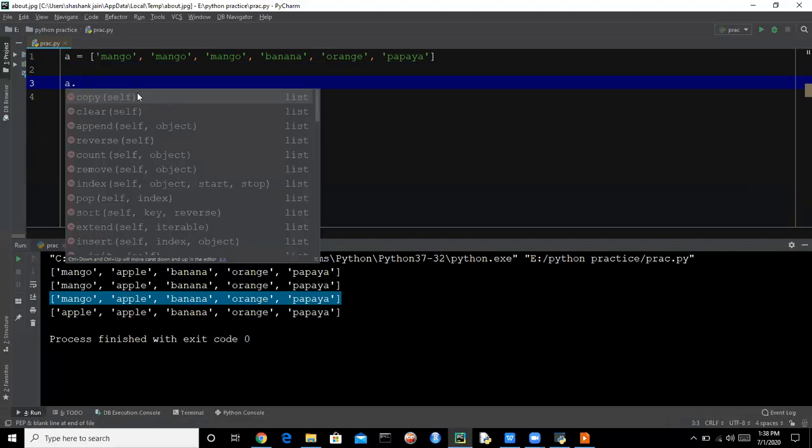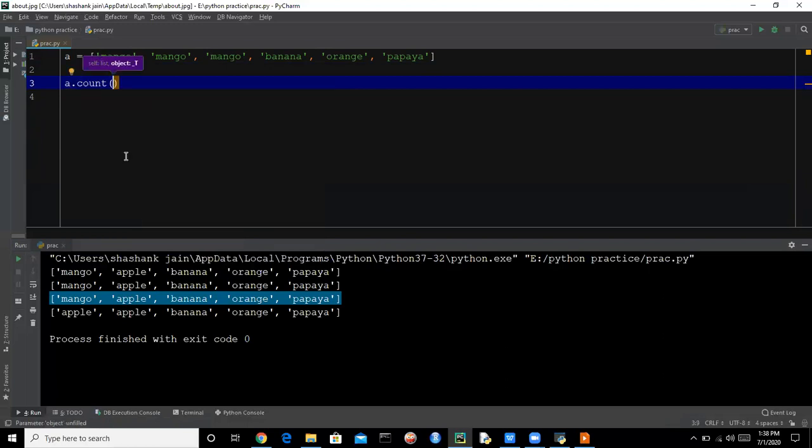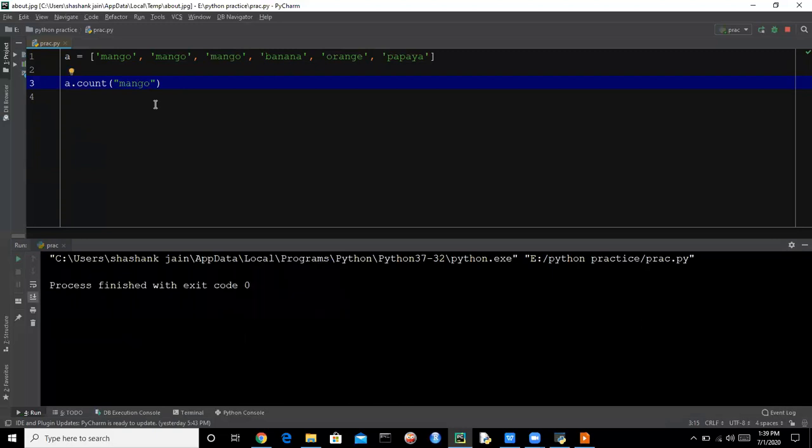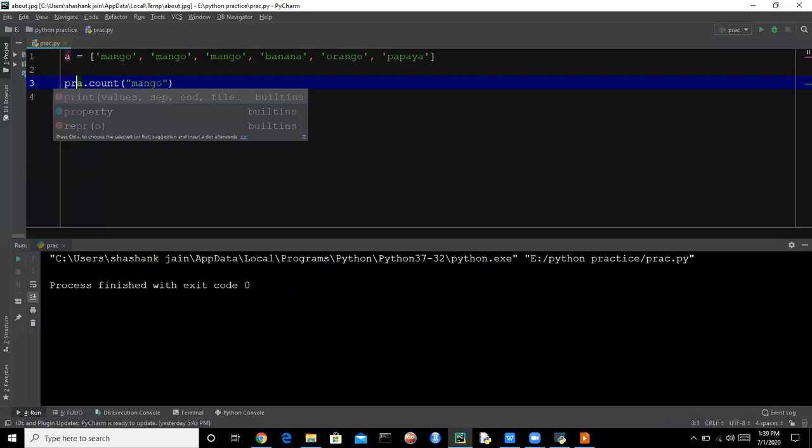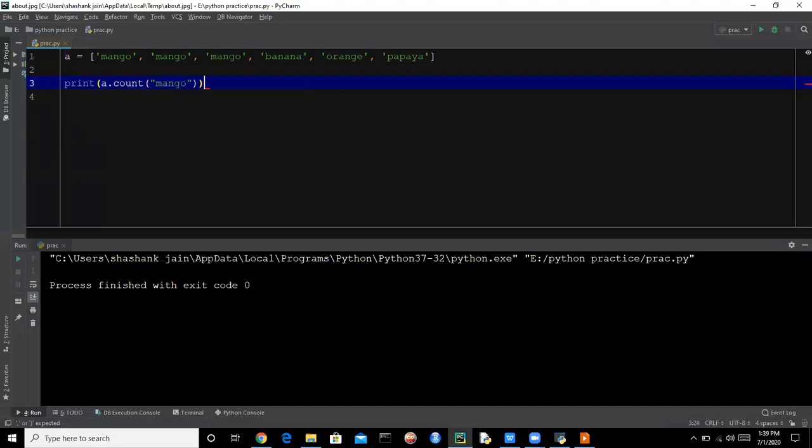The syntax for the count function is a.count and we write the string that we want to count. So we want to count mango in list A and this will return 3, and we want to print it. So here it is returning 3 and we have printed it.